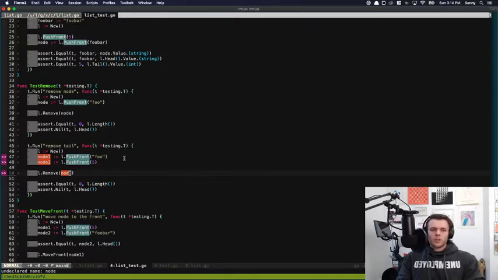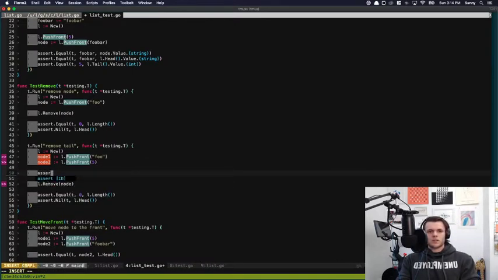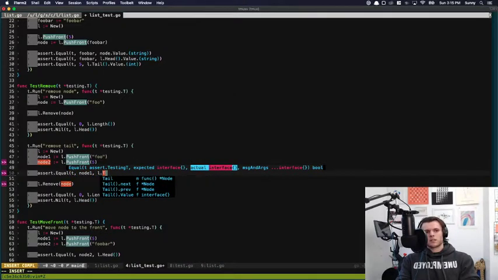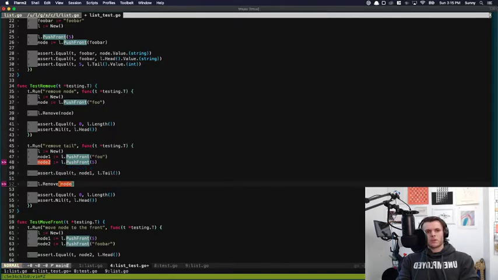What we're gonna do is assert equal. So we're gonna assert what the current tail is. This current tail should be node 1 tail. But then once we do remove tail,